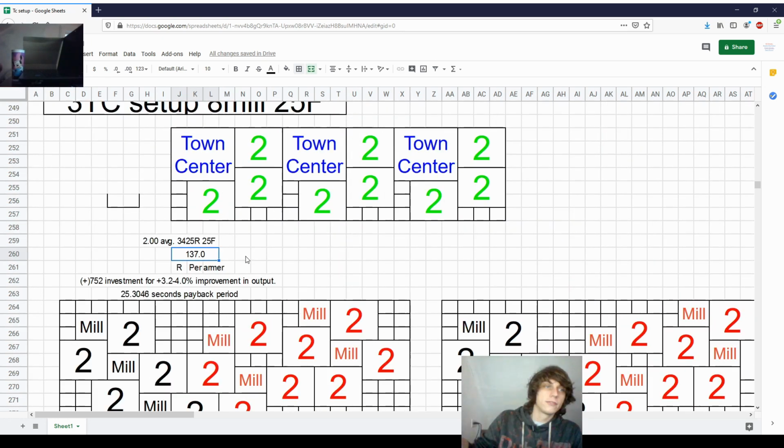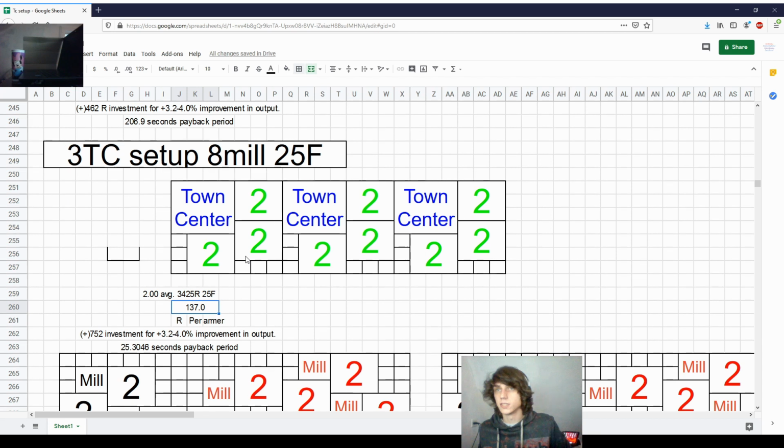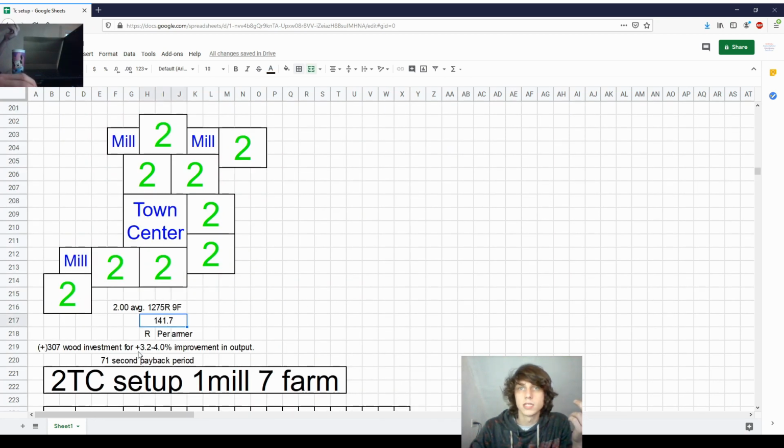25 farmers is already a lot of farmers. I mean, you only have 99 to 100 villagers in your economy typically, so 25% on farmers is pretty good. You're probably gonna have enough food. And you'd probably go more than 25 farmers, but as you continue to add more mills and farms and keep that 2.0 continuing, that will approach 110 resources per farmer, and this will slightly go up. And then let's just review the 2 town center, which is a little bit more resources but a